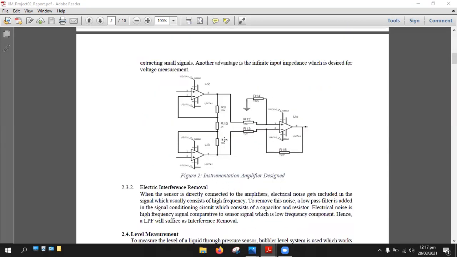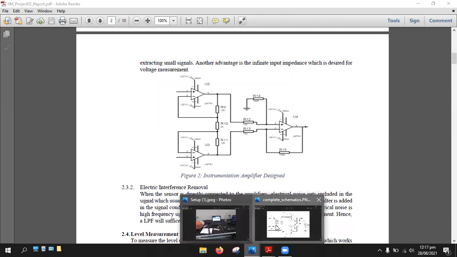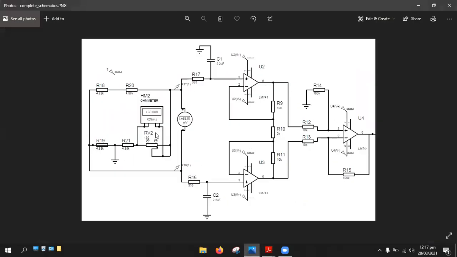This instrumentation amplifier schematic that you are seeing on the screen, let me actually show you here. It is much more clear here. On the left hand side, the combination of resistances and the voltmeter that you are seeing is basically a replica of the pressure sensor that we designed in the Proteus software. The variation in pressure that changes the resistance of an actual pressure sensor was incorporated in the schematic by using this potentiometer right here. Changing the value of this potentiometer will act as changing pressure, and this will produce a differential voltage, which will eventually tell us how much change of the pressure there is.